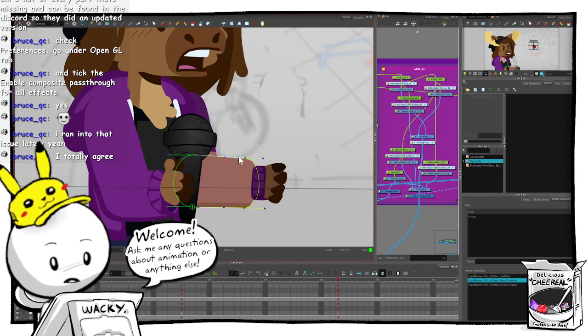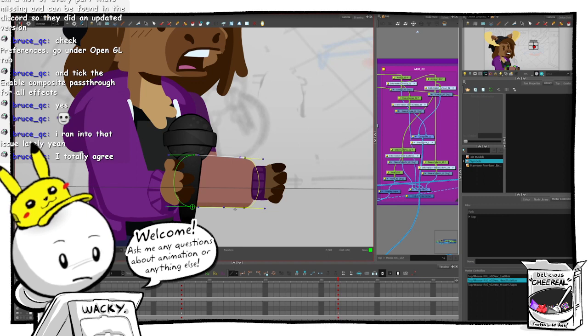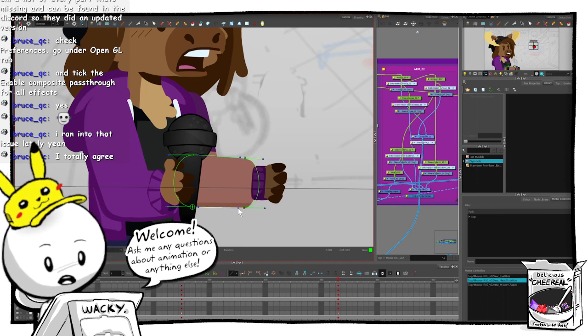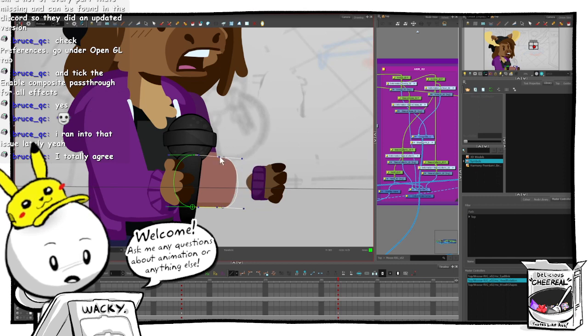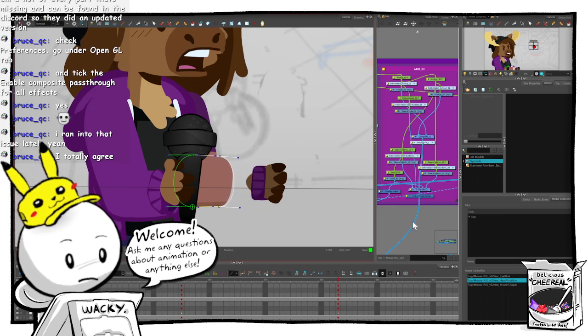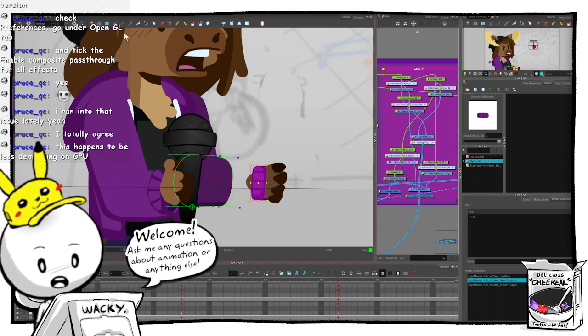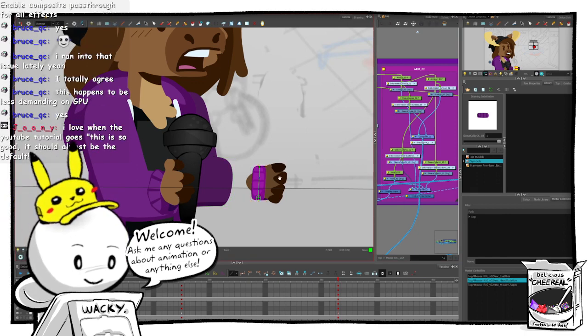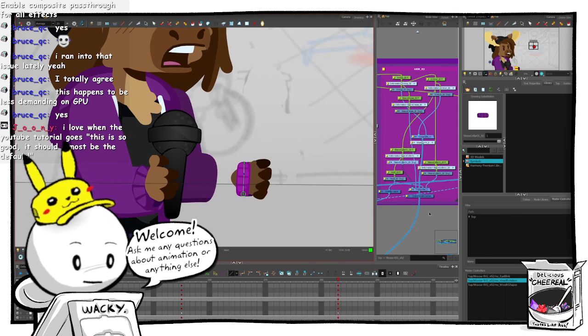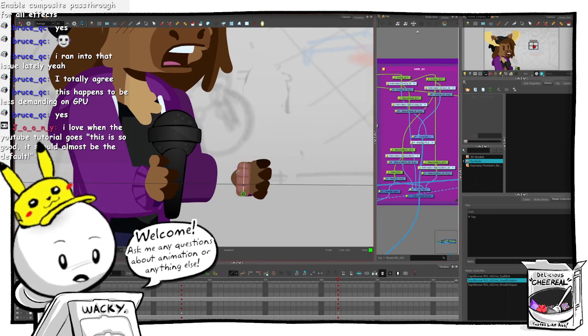I wonder if they have that off as a graphics card saving thing, just saving computer resources or something. That sucks. I'm glad there's a solution, though. Thank you, thank you. Yeah, I guess that makes sense. Still, though.